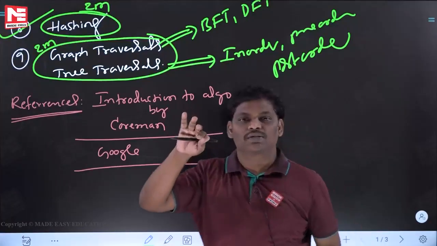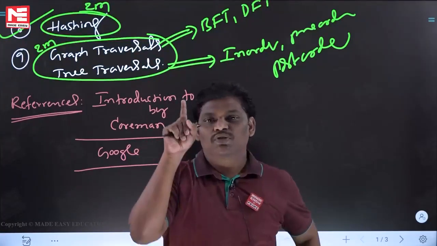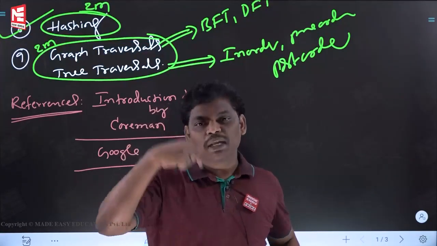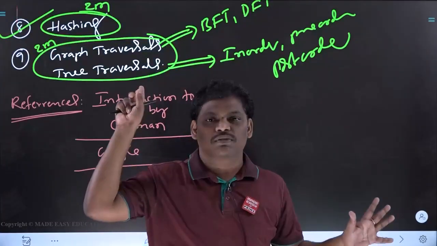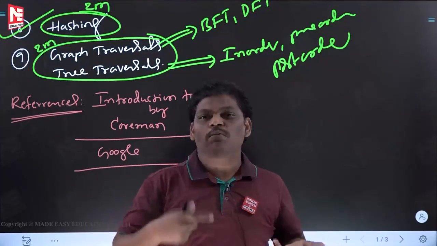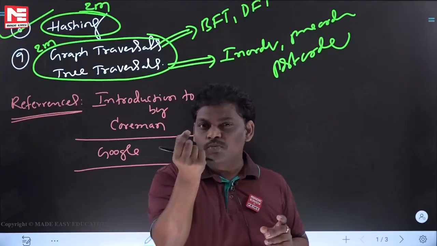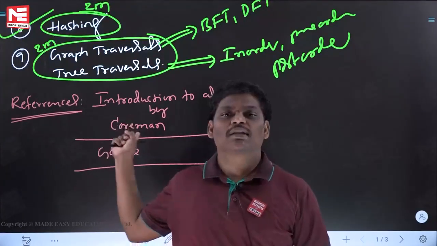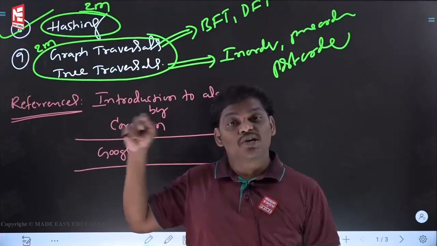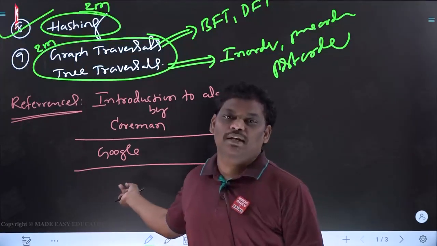So these are the three things. Let me repeat again. First you believe. Next, believe me and listen to all my lectures. One or two doubts, after all, I am human, you are also human. One or two small doubts are there. You can try the Coreman book. Still if doubts are there, in YouTube you can try.